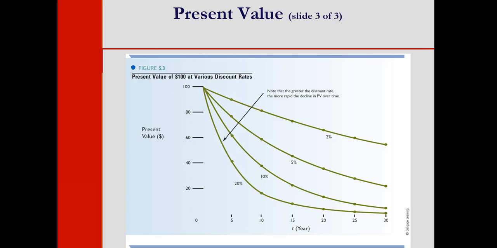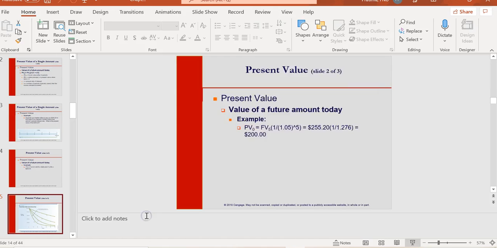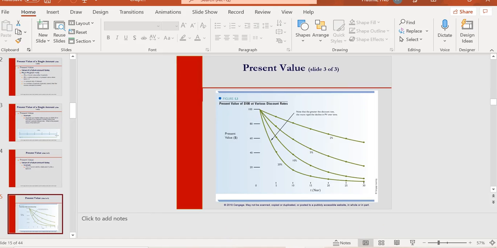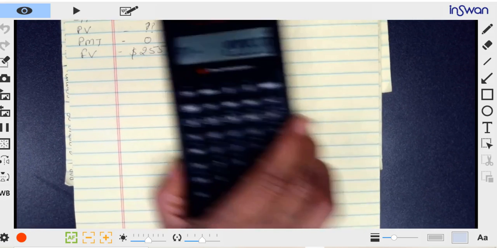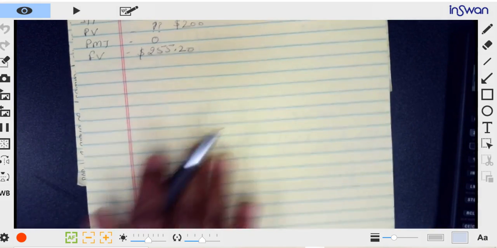So this figure right here shows us the present value of $100 at different discount rates. Before that, I want to show you one more thing. We know the formula for present value is